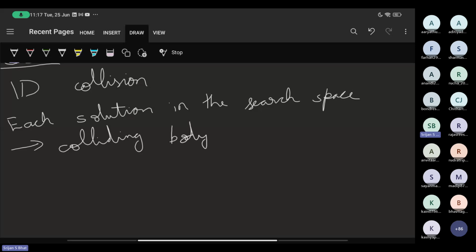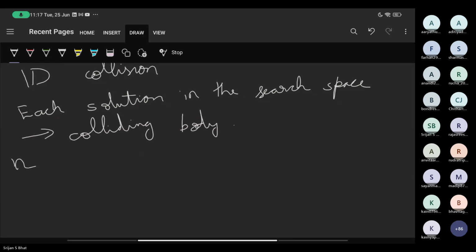Now, again, we have say n number of bodies, n agents. We again divide them into stationary and moving objects. So basically the idea is that we improve the positions of moving objects and push stationary objects to better position.